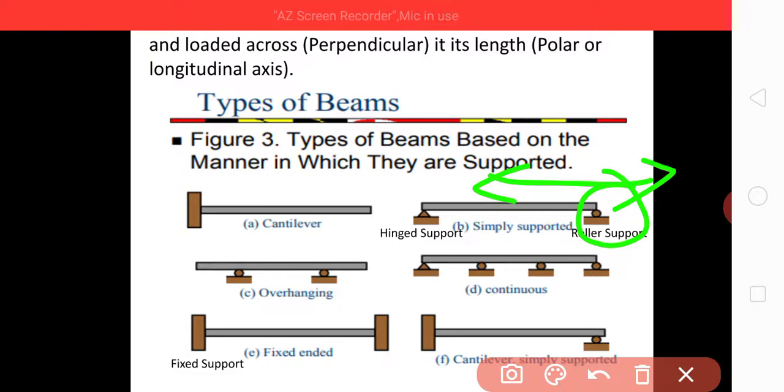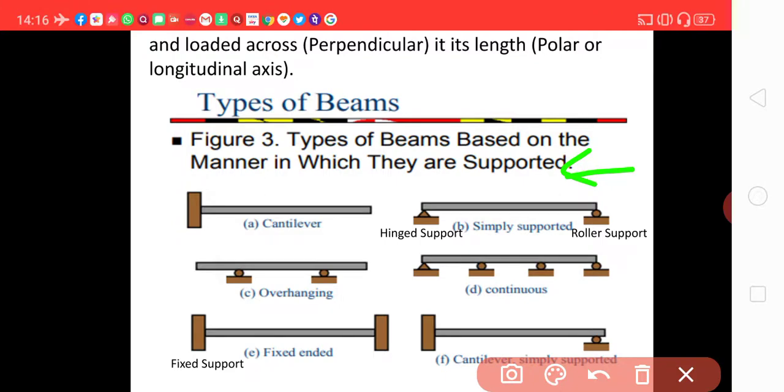When it is hot weather, it will expand and there will be a little movement like this. When it is cool, then it will shrink because of the coefficient of thermal expansion or contraction. In that condition, this beam will slightly move like this. So,